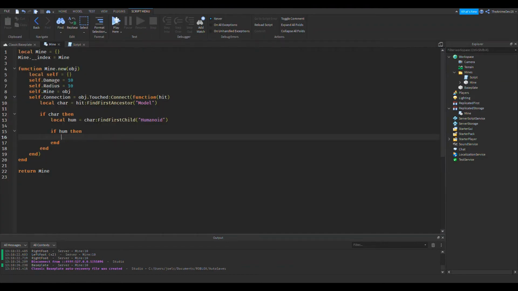So I'm going to actually make a separate function for this. And I'm going to create two separate functions. One's actually going to utilize raycasting and find all the players within the range. And the other is actually going to ignite the explosion. So let's get right to that. Oops. Function mine. And we're going to name this players in range.